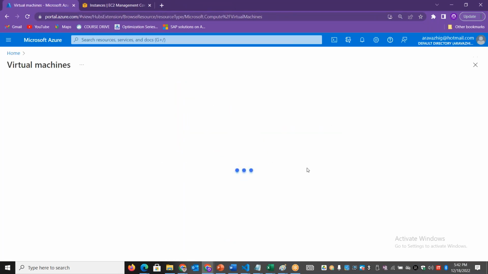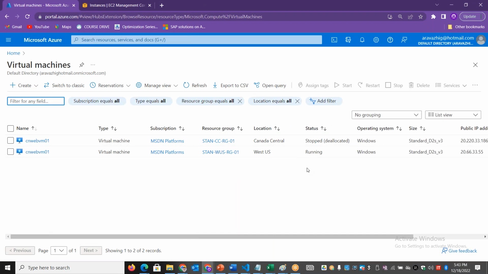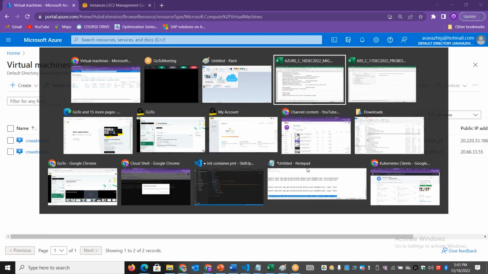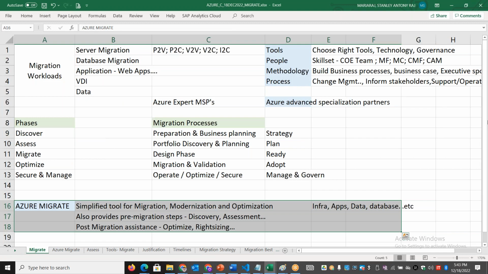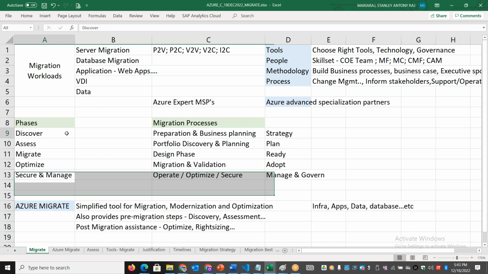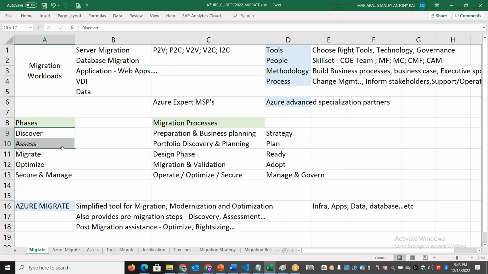Okay, in today's session, we are going to continue with what we did yesterday. What we were trying to understand yesterday is that migration does not start from the migrate phase. It has a lot of other dependency areas where we need to focus on, discovery and assessment. And even after migration, there are a lot of activities that we do to optimize and